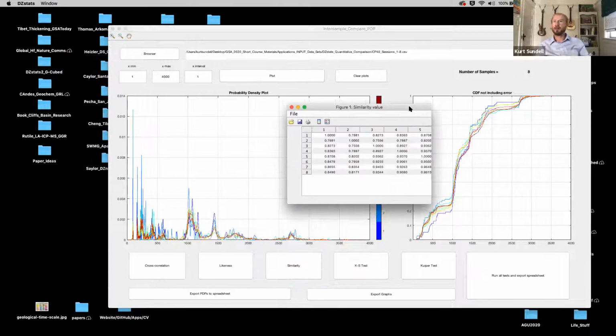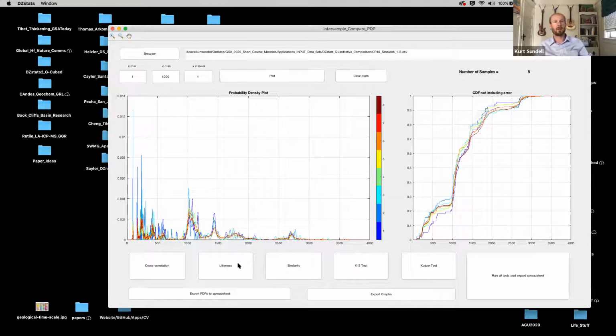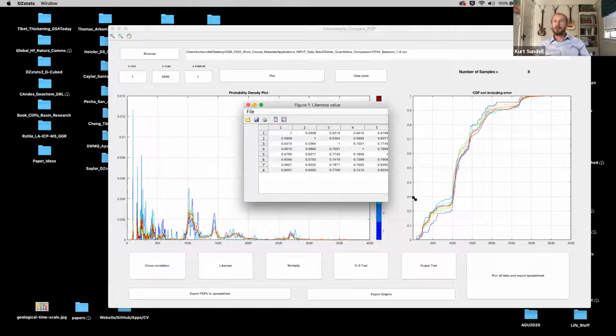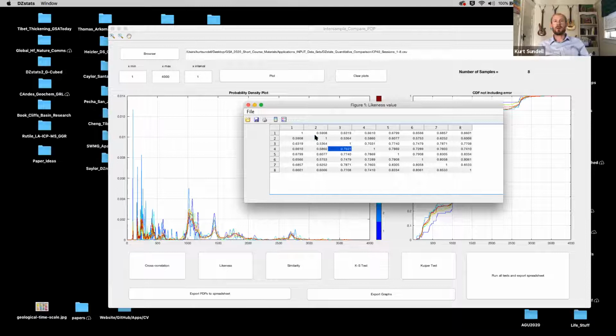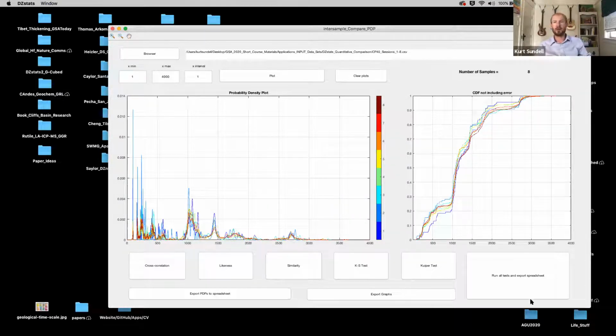A lot of people still use this metric, George's metric that he came up with, likeness. So you get a matrix, and you can copy these into an Excel spreadsheet. But what we did is we figured, well,